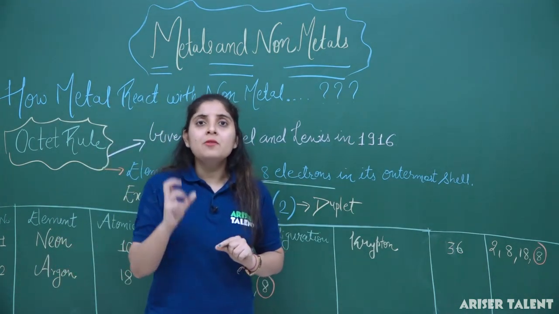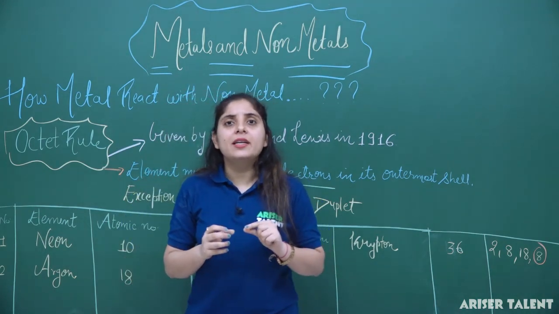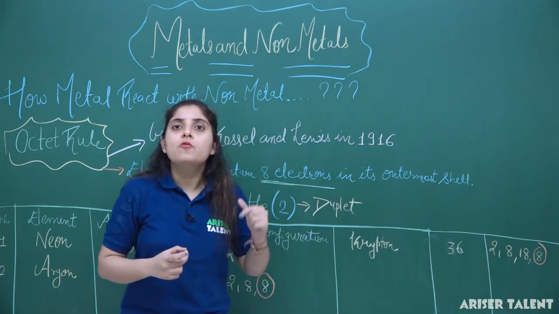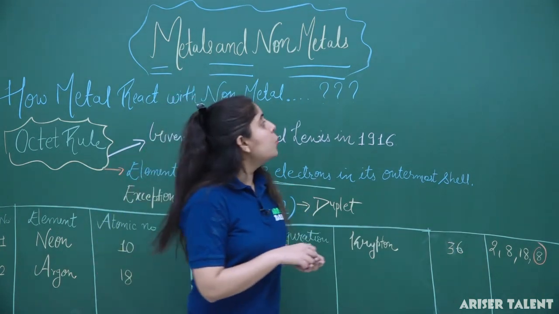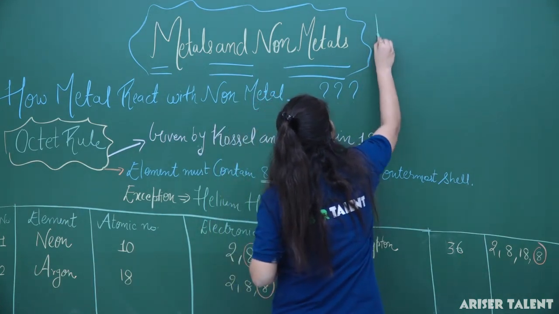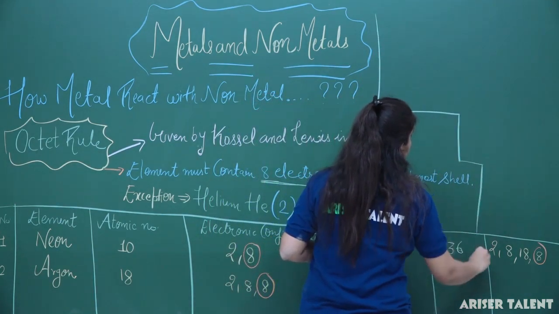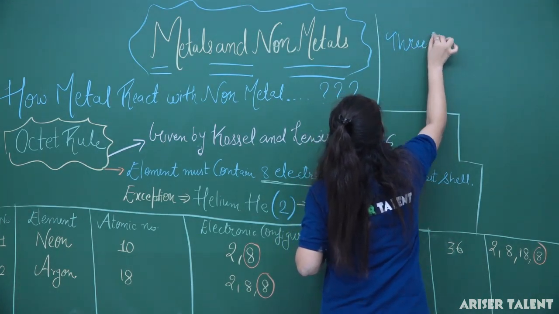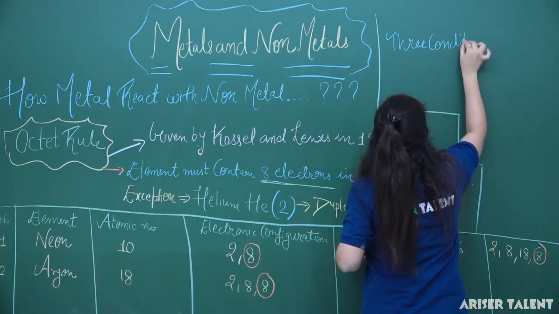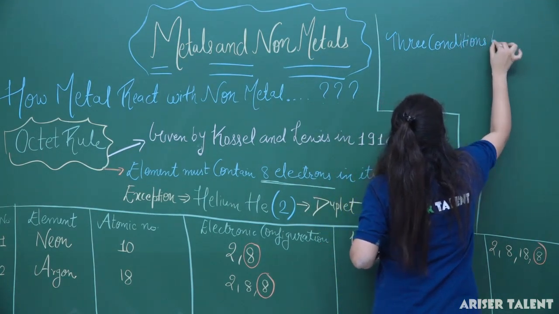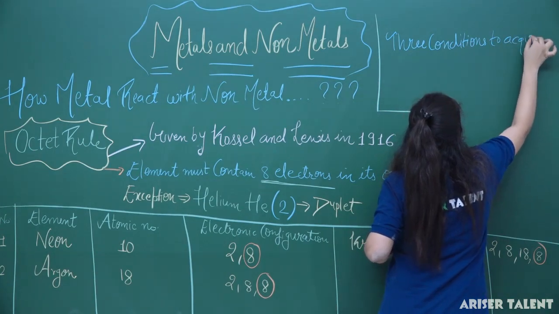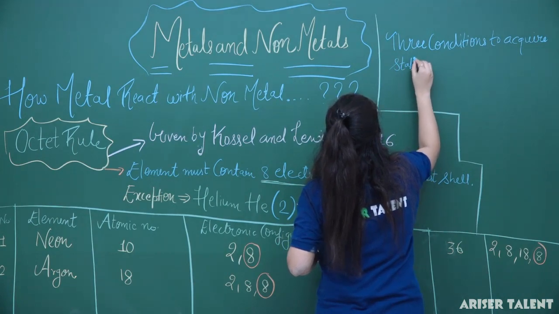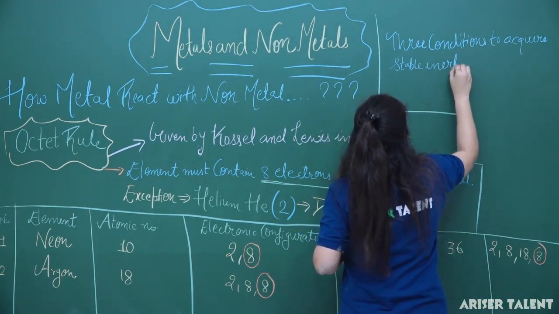Now if an atom has to attain chemical reactivity or chemical action, there must be 3 necessary conditions essential for the atom to acquire stability, that is, to attain the stable noble gas configuration. So the 3 conditions to acquire stable inert gas configuration are,